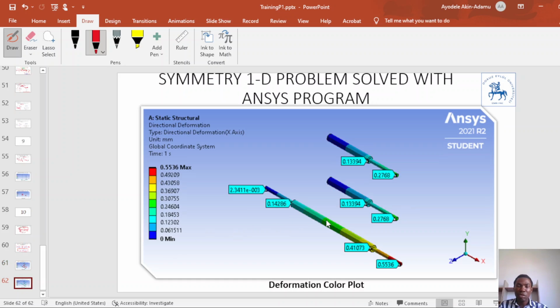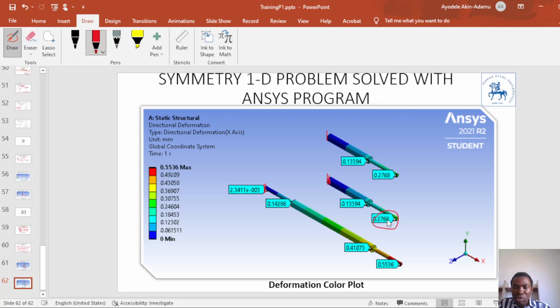Also have the deformation plots. The deformation plot is actually different because for the full model, we are assuming our zero displacement at the beginning of finite element 1 at this point. But in the half model, we are assuming our zero displacement at this point. But to compare the full model and the half model result, we can compare the deformation at, say, this point at the end of finite element 3. It is